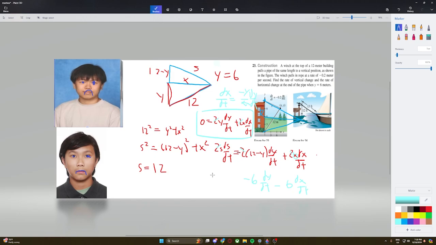So we got negative 12 dy/dt equal to s ds/dt, which is 12, times negative 0.2, which is negative